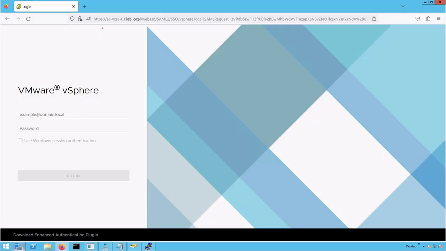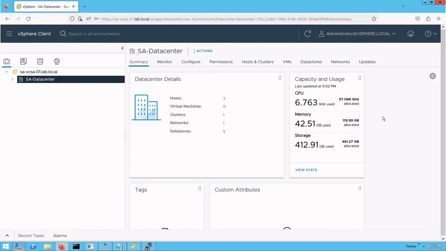So now as you could see, this is the login screen of our vCenter server 8.0. The FQDN of our vCenter server is savcsa01.lab.local. Now let's log into our vCenter server with the credentials administrator@vsphere.local. Let's provide the password of the administrator user. Click here to log in. And now as you could see, we are successfully logged in to our vCenter server